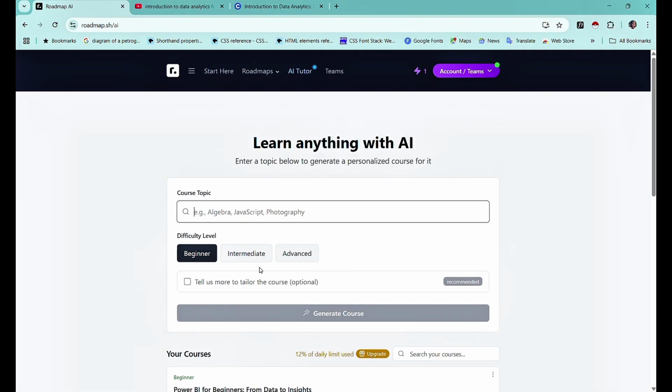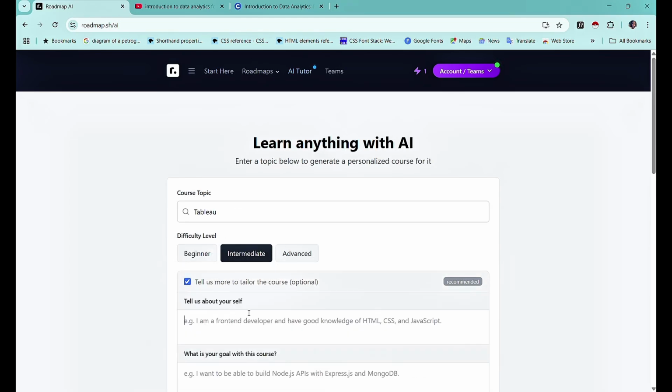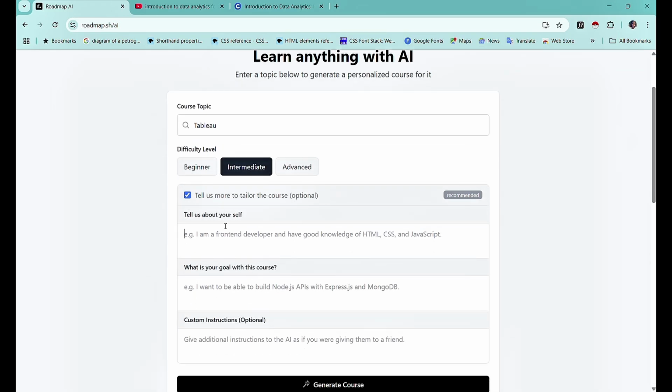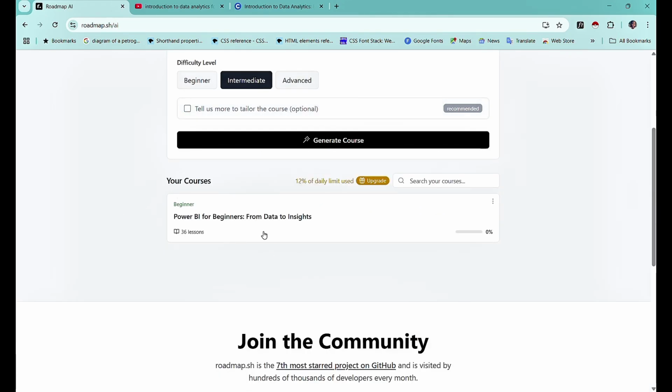So if it's beginner or intermediate or advanced, depending on which it is for you, you can select it. So maybe I'll just do Tableau and then I'll do intermediate here. And if you want to tailor the course more to yourself, you can pre-fill the information and generate course.